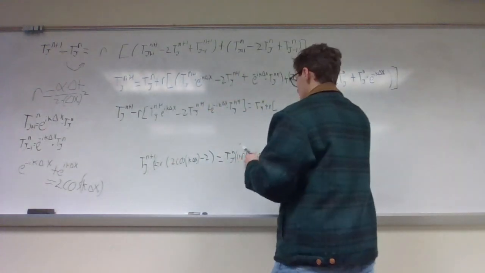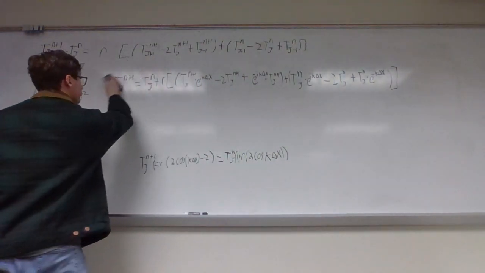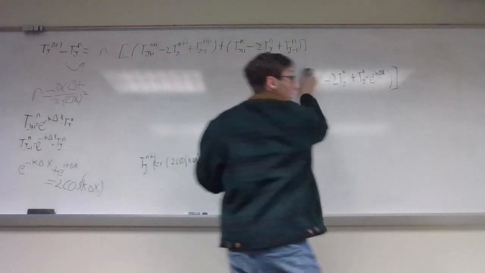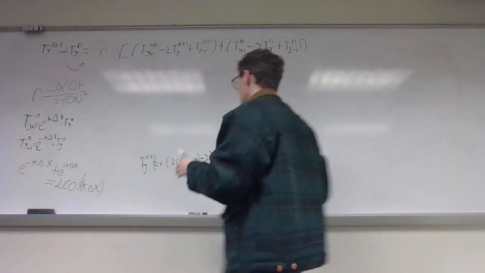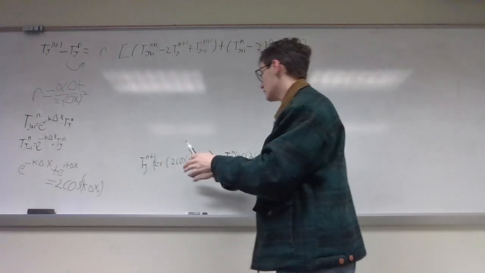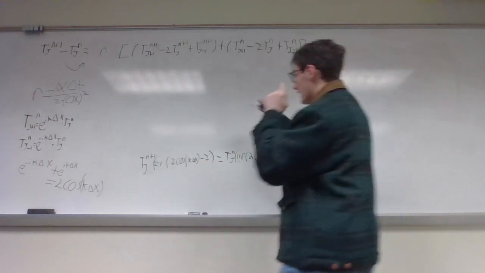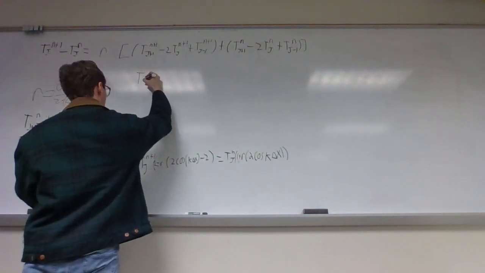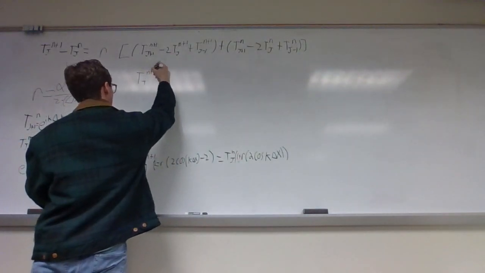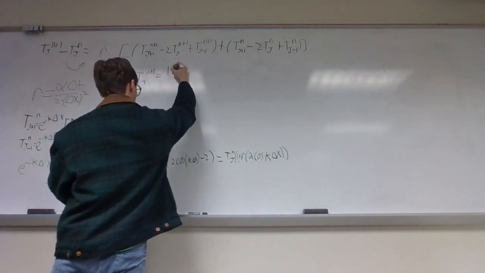So the next thing we want to do is evaluate these as a ratio. What that means is we are going to want to put Tj^(n+1) by itself, and then have this over here. I'll show you what I mean: we're going to have Tj^(n+1) equals